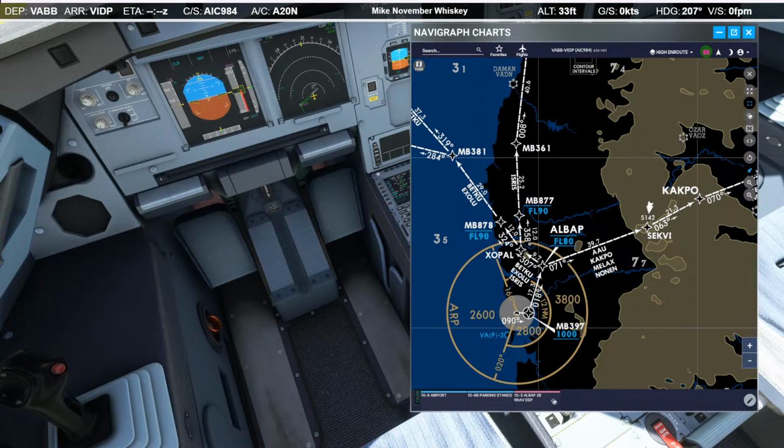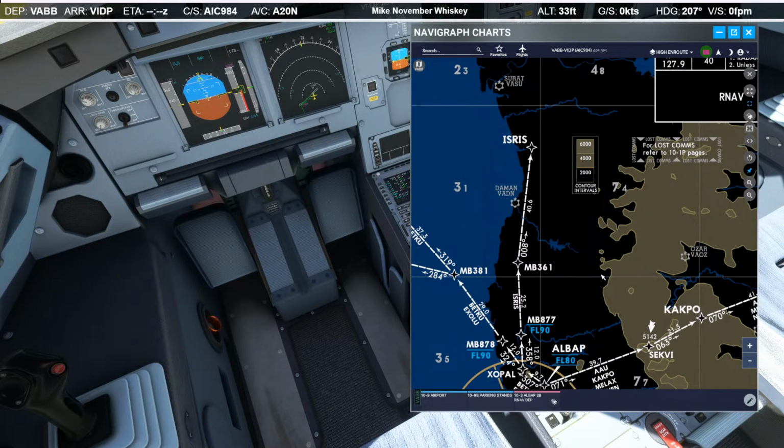Clear to Delhi via the VABB to Bravo departure and the ISRIS transition. Initial flight 70, expect flight level 390, squawk 0327, Air India 9084. Air India 9084, read that is correct.